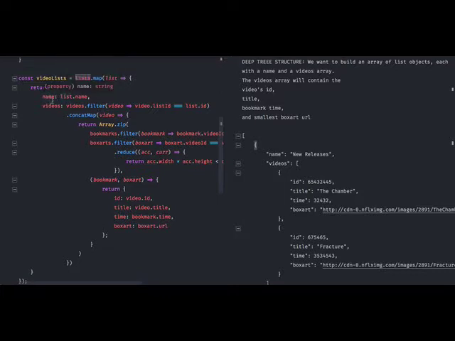And then from there, we start building out the list. And then we actually do most of the heavy work inside of being able to build out the videos by first filtering to make sure that the video is indeed associated with the list. And then we start to map over the videos